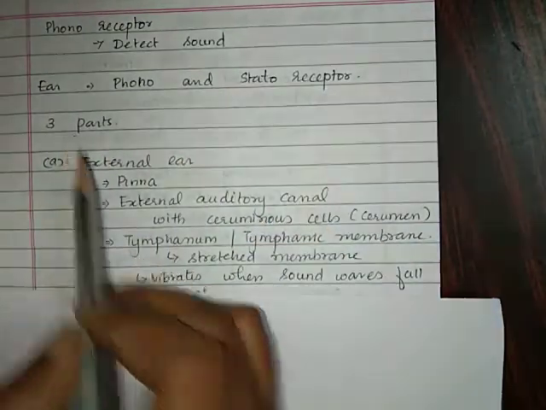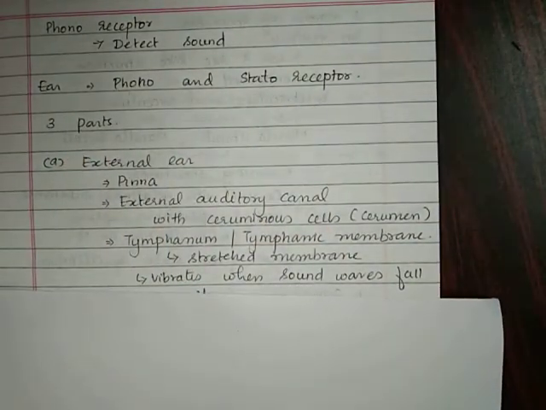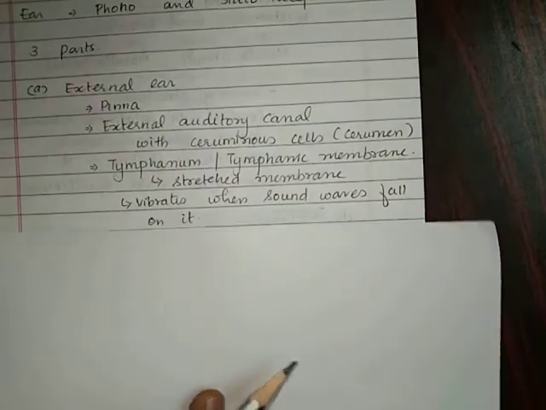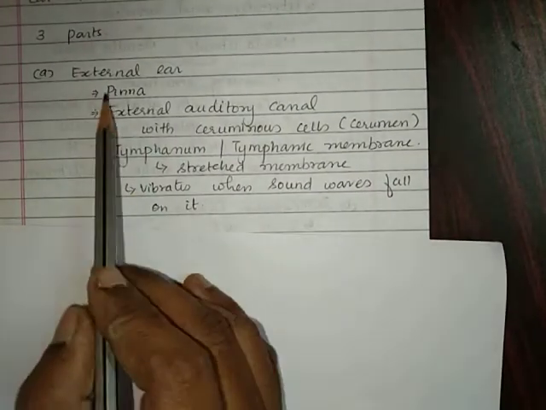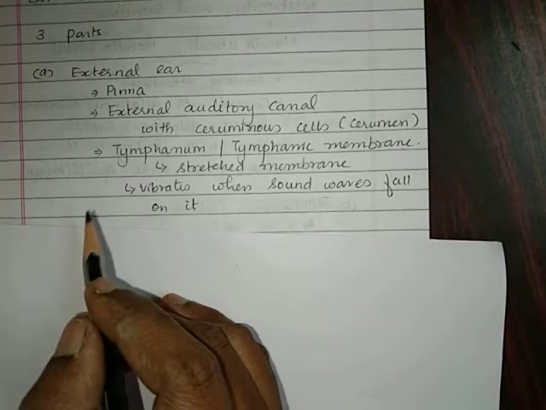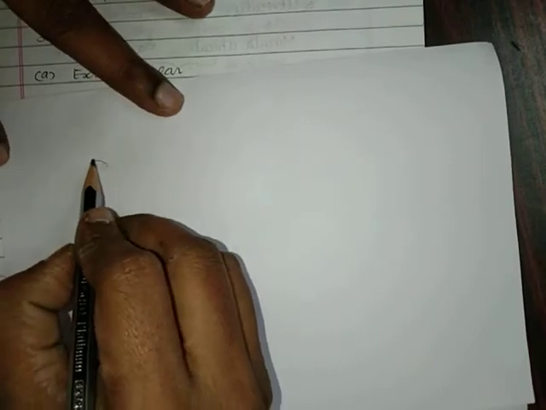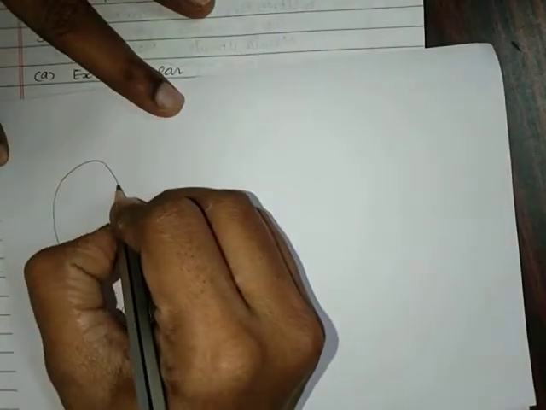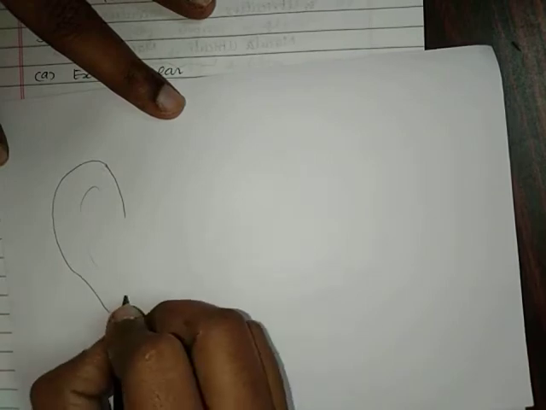Parts of the ear: first, it is made of three different parts: external, middle and internal ears, or the inner ears. The first part is the external ear. In the external ear there are three important parts. The first part is called the pinna. Pinna is a vestigial organ, and this part we call the pinna or the ear lobes. This part is called the shaft region, and this is the ear lobe.